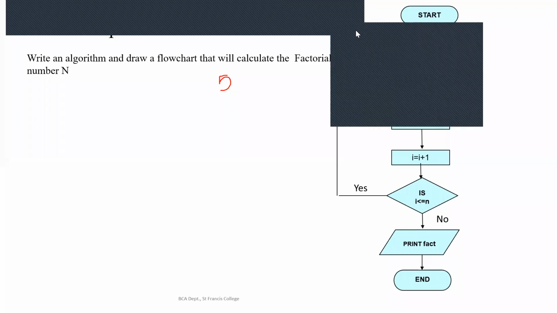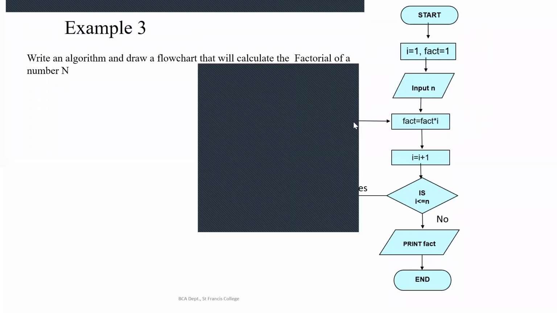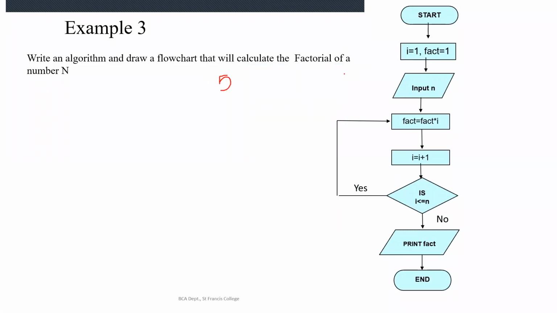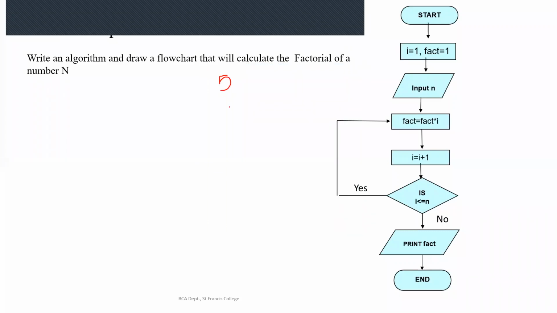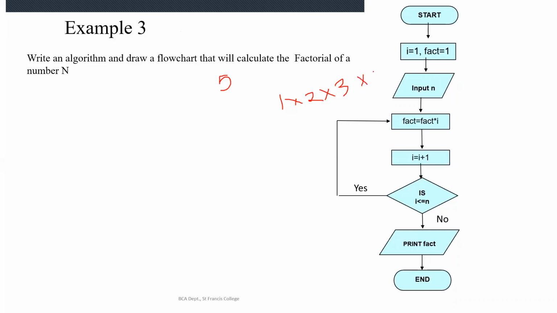Okay, so most of you had answered, I think. Some had answered with what will be the factorial. Directly they have given 120. Factorial of 5. How to calculate the factorial of 5? Any number, if you want to find the factorial, like if you want to find the factorial of 5, it is 1 into 2 into 3 into 4 into 5. So this way, any number you give, to find the factorial you have to multiply all the numbers starting from 1 up to that number. So this will be the way how we calculate the factorial of 5.